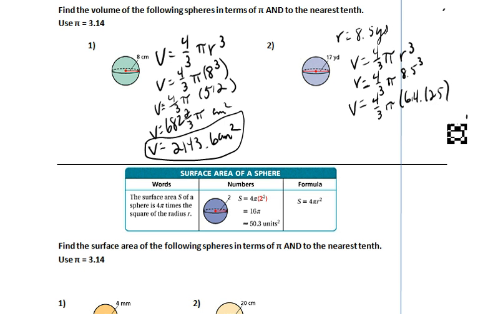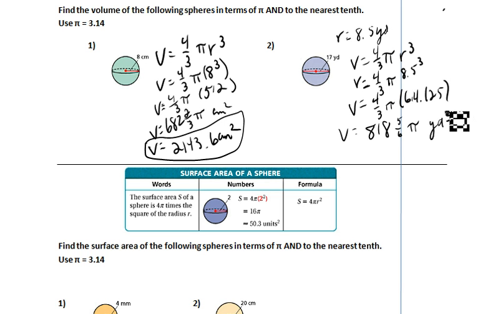614.125. Notice I didn't round this off yet. At the final answer, that's when we're going to round to the nearest tenth, but not quite yet. Okay, so we always want to keep that as accurate as we can. When we multiply 4/3 times 614.125, we get 818 and 5/6 pi